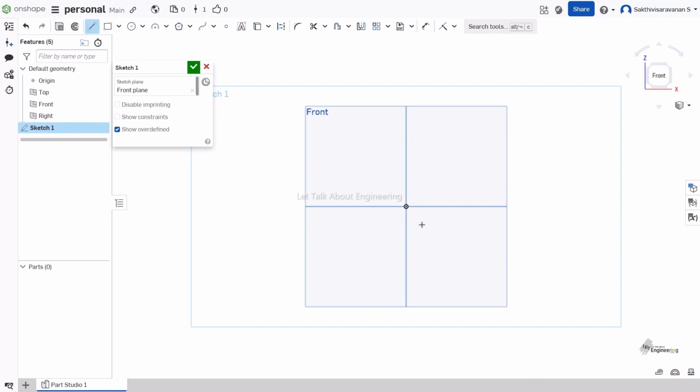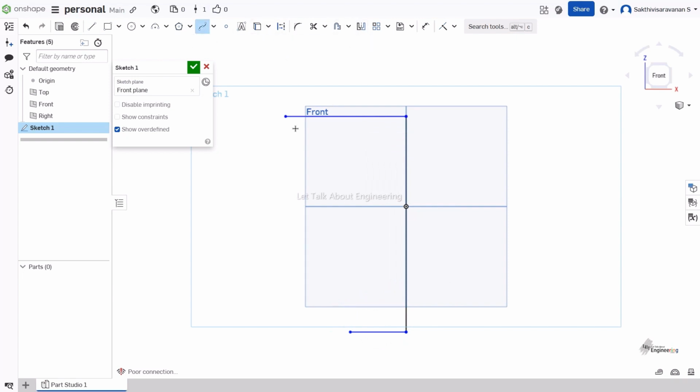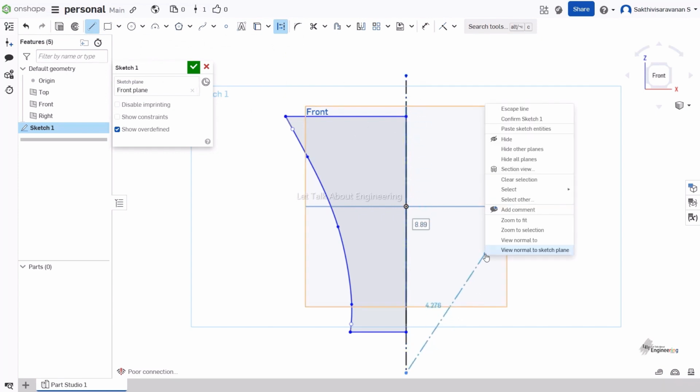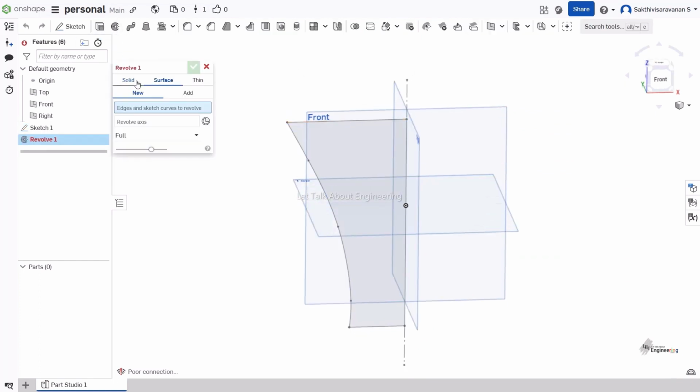I will draw a sketch that looks like a jaw, and then I will activate the construction command and create a construction line for the axis, and then confirm the sketch, and then activate the Revolve command and select the surface,